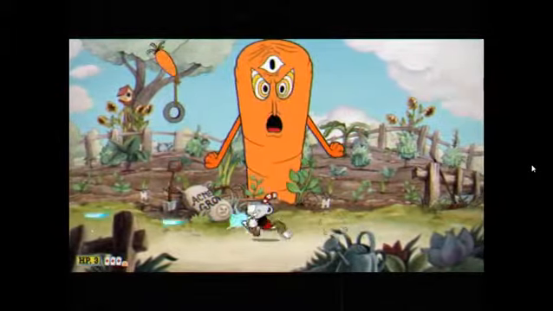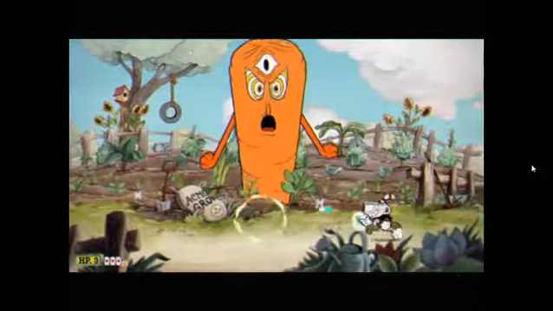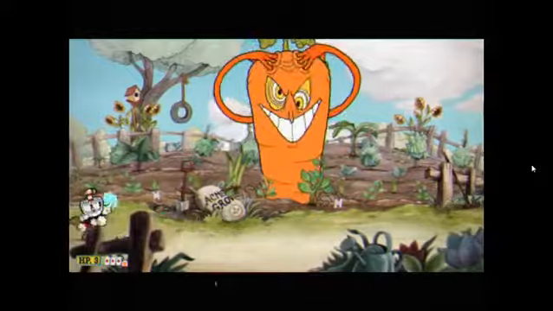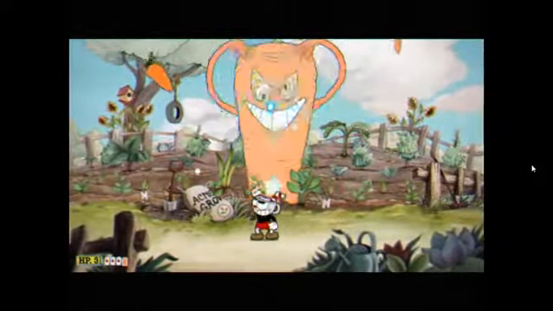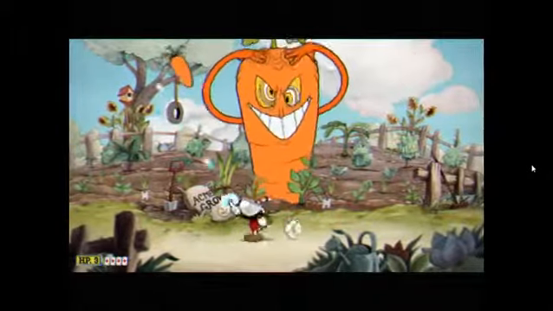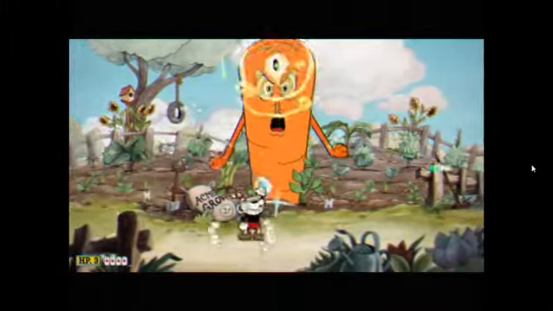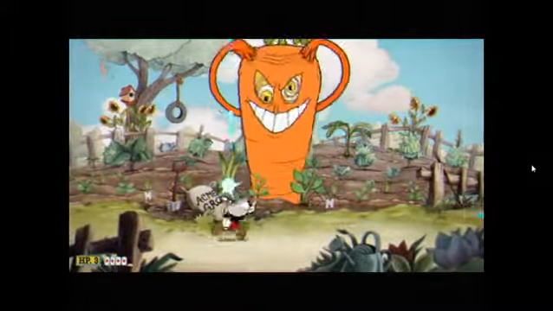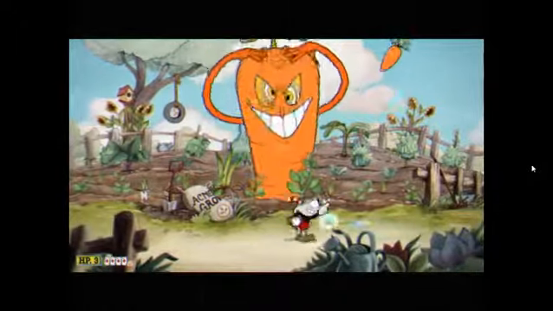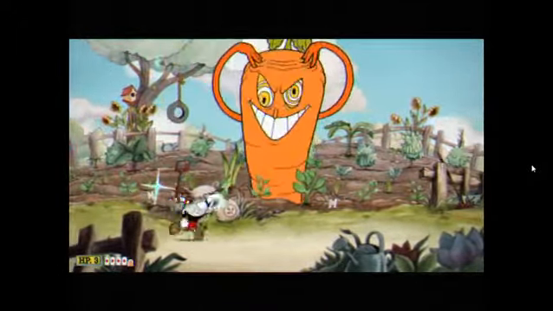Moved on to the Psychic Carrot King here. Dash through these laser beams. He's hitting us with some Psy-beam attacks from Pokemon. Nothing too tricky yet. Like I said, most of the game is bosses. There's the occasional longer level to break things up, but